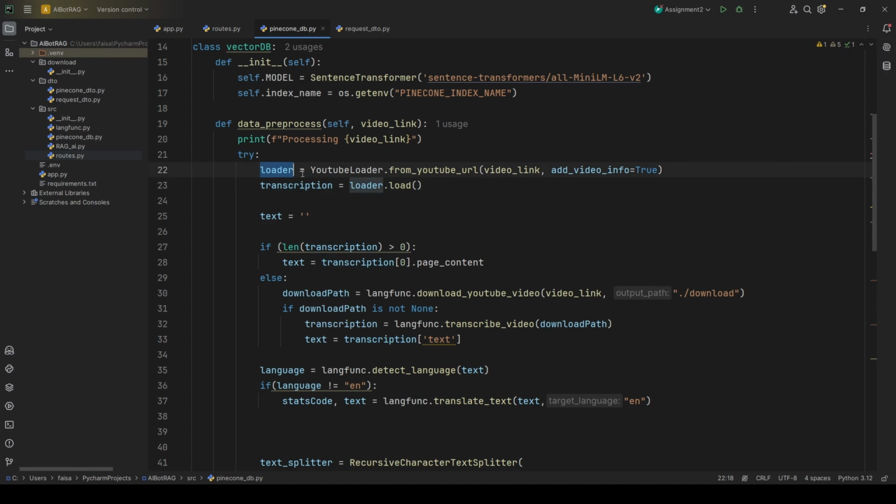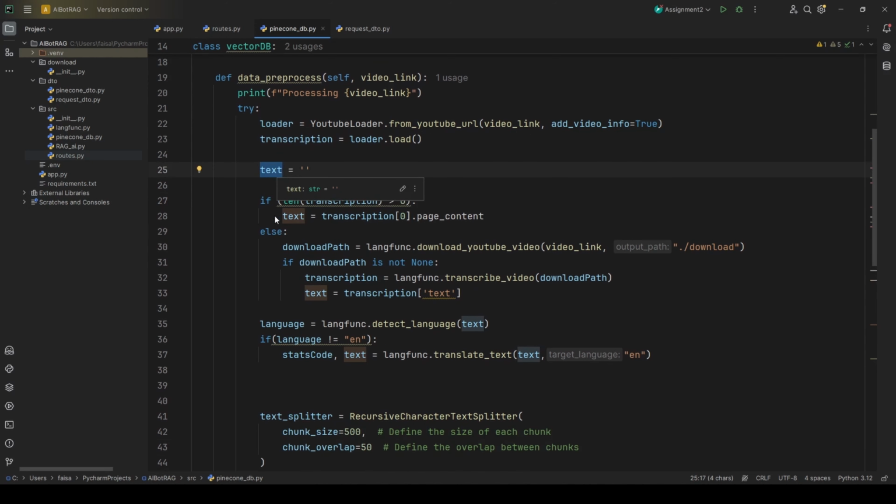So it provides the transcription, and here we are checking if the transcription length is greater than 0, then we have a variable that is text. So we are taking this transcription in a text. If the length is less than 0 for transcription, so sometimes the YouTube loader doesn't provide the transcription, then